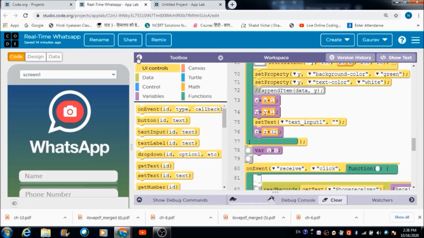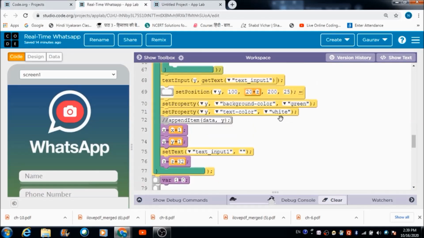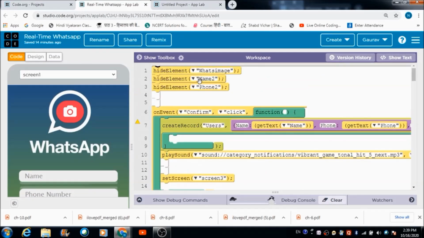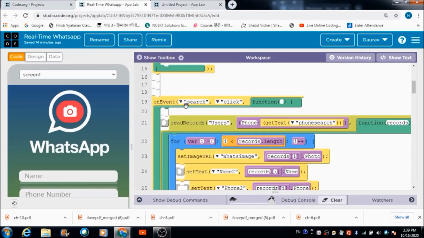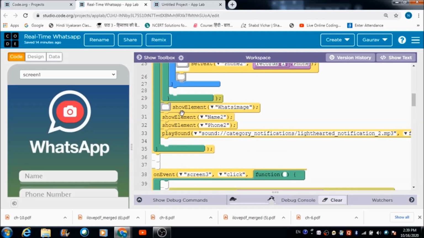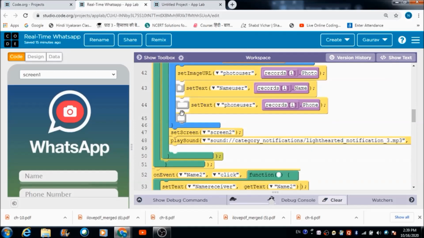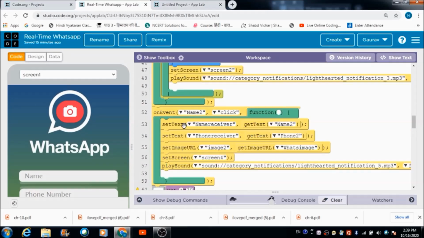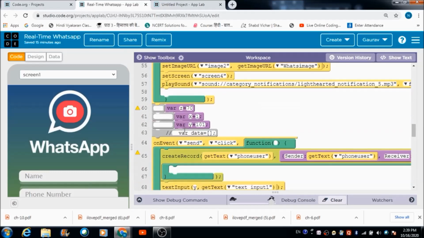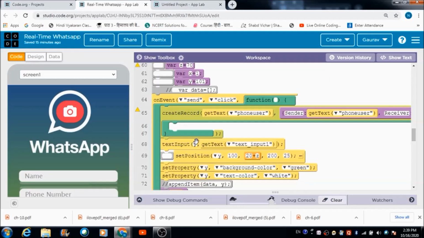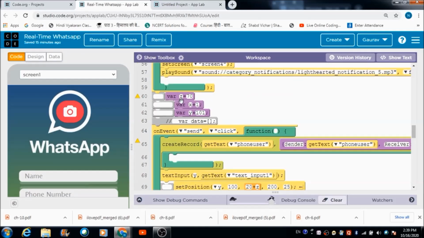Now let's come to the coding part, the things that we have changed in the code. I am going to start right from the top. This is the same, everything is the same here. Here also I have not made any change. In this also I haven't made any kind of change. Now comes this portion. The only thing that I have changed is that yesterday I had not made use of any variable.